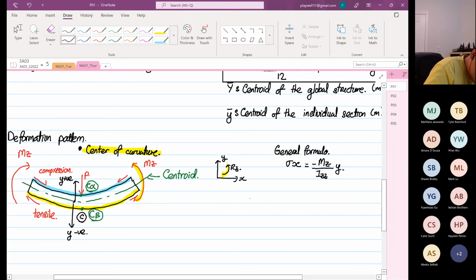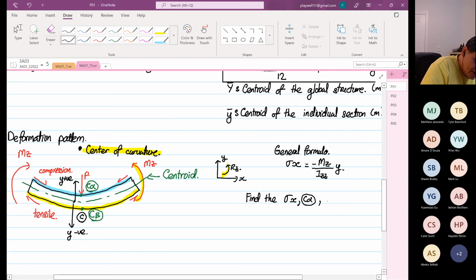If we were to find the normal stress in the X direction of point C alpha,